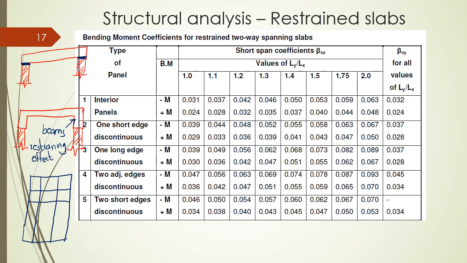Something of the sort. So for example, if we wanted to design, let me give them labels, A, B, C, D, E, F, G, H, I. For the purpose of this example, we'll assume that the drawing has some sense of scale to it. For example, if I wanted to design panel E, then panel E